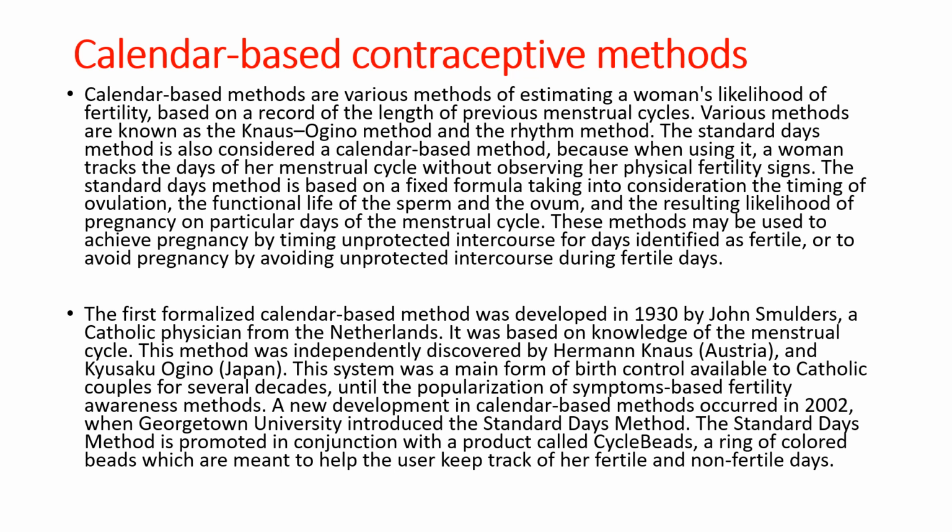These methods may be used to achieve pregnancy by timing unprotected intercourse for days identified as fertile, or to avoid pregnancy by avoiding unprotected intercourse during fertile days. The first formalized calendar-based method was developed in 1930 by John Smulders, a Catholic physician from the Netherlands. It was based on knowledge of the menstrual cycle. This method was independently discovered by Hermann Knaus, Austria, and Kyusaku Ogino, Japan. This system was a main form of birth control available to Catholic couples for several decades, until the popularization of